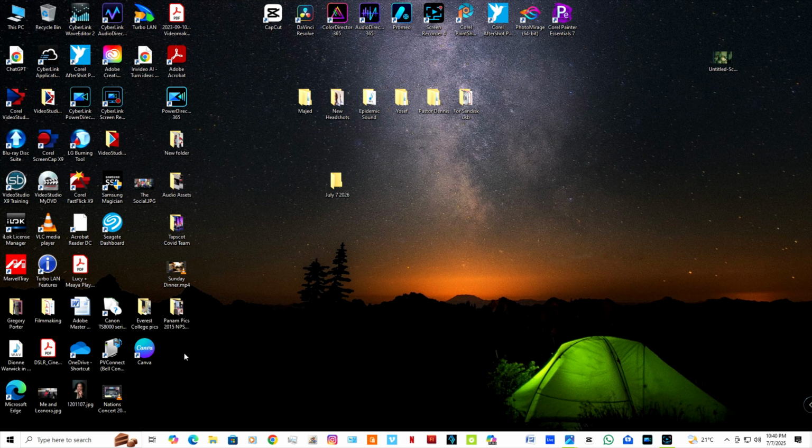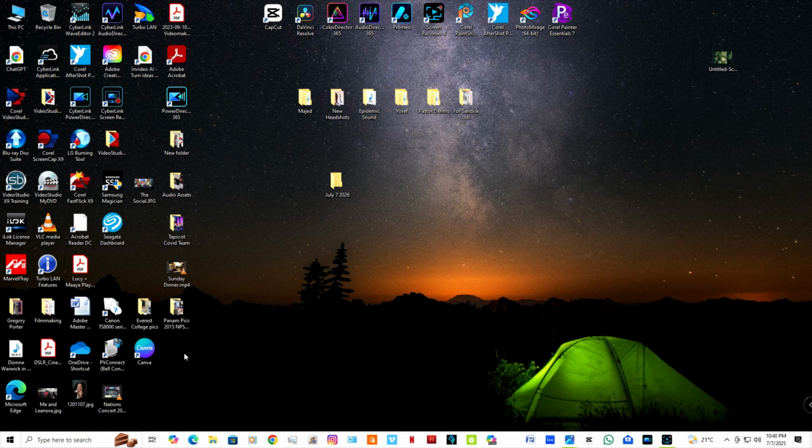Like the way I have the amount of icons or shortcuts on my desktop right now, on my screen here, this would drive a lot of people crazy. Many people do not like to have so many icons or shortcuts on their computer screen. And it's just like